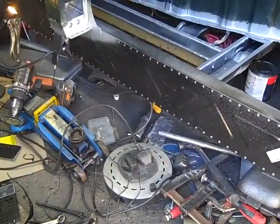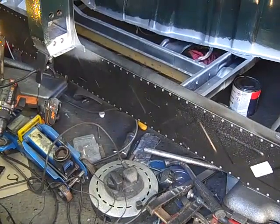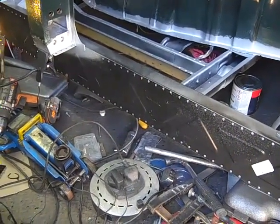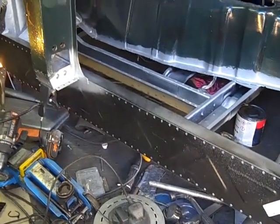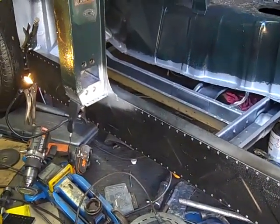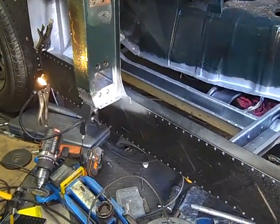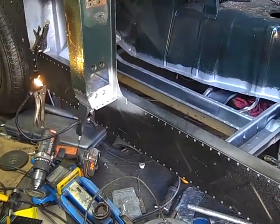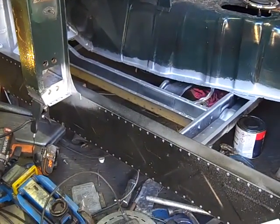So I've temporarily positioned the diaphragm on the inner step sill, and we've got a bit of lining up to do. I think it's all because this inner step sill wasn't bent to a right angle in the first place, and it's left us with a few problems. So what we're going to do is now take this diaphragm off,